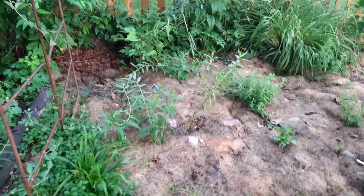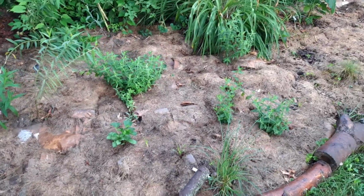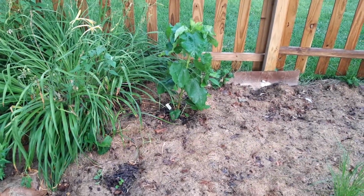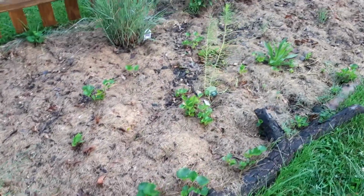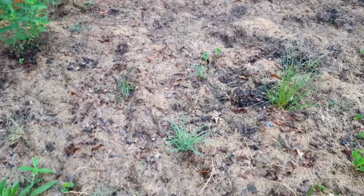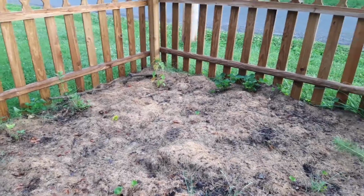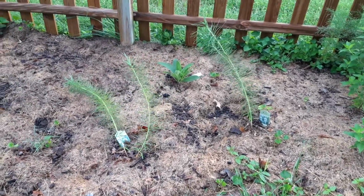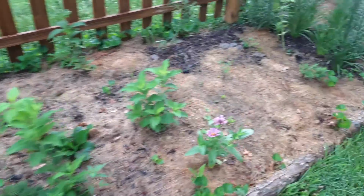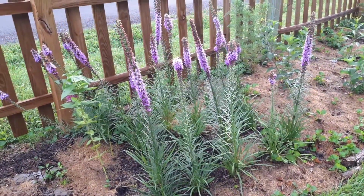Fox sedge, swamp milkweed, Baltonia, false aster, Virginia wild mountain mint. There's a drop seed, silphium, sunflower silphium, more fox sedge, blue star, switchgrass, false sunflower, some baby little blue stem, another fox sedge. Back in the corner I have some Texas red hibiscus, more blue star, rosin weed, bee balm, Joe pie weed, New England aster, which keeps getting nibbled back by the bunnies, Liatris, I think spicata,